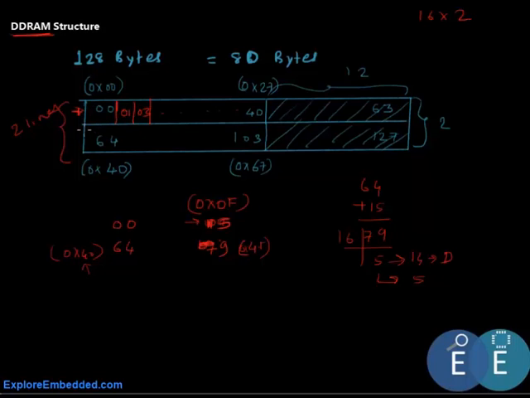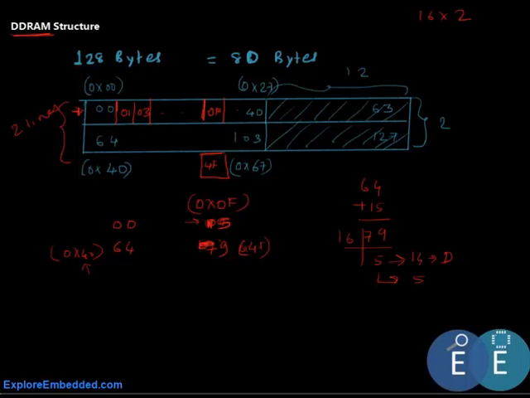Alright, so if you have a 16 cross 2 display, the starting address of the first line would be 00 in hex, and it would end at 0x0F. So this is the end of the first line. 16 characters would end at 0F in hex, and the second line would start at 40 and end at 4F. Now we could guess why the addresses start from these numbers. Later we'll look at what addresses we need to send in order to display a particular